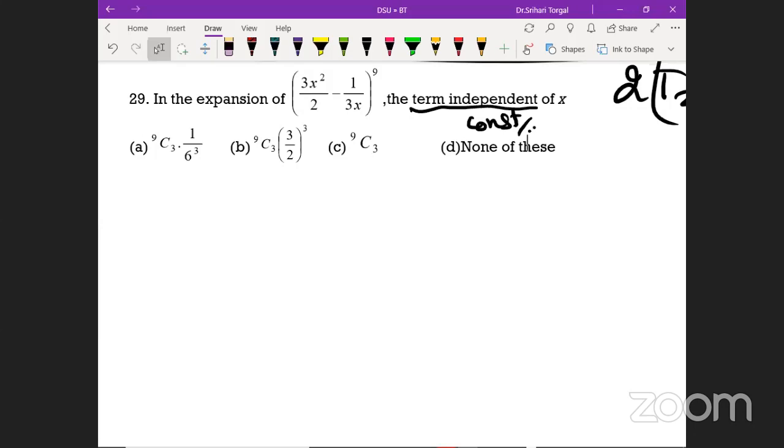The expansion of the term independent of x. Yes, I'll tell you how to calculate the R value using a shortcut. To know which term has the constant term, I'll tell you one easy shortcut. Okay, R is equal to